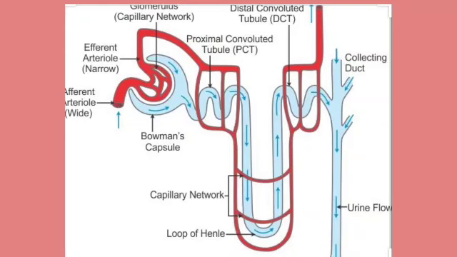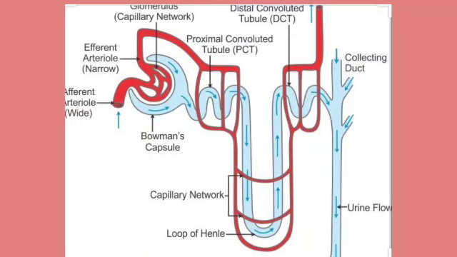Now we will see exactly where the filtration process takes place. The functional unit of the kidney that performs the basic filtration is called the nephron. Here in front of you is the structure of the nephron, which is present in the cortex, and the collecting duct is in the medulla, and from the medulla it is collected into the renal pelvis, and the urine moves forward.